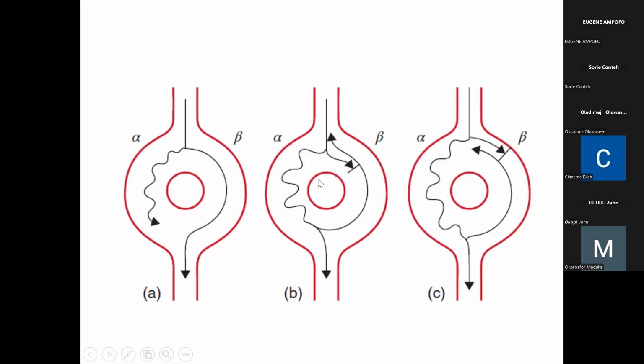There are some patients that can have only a fast pathway or only a slow pathway. So if a patient has a slow pathway, remember, it conducts slowly, but has